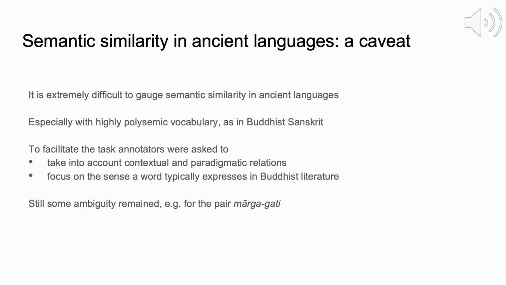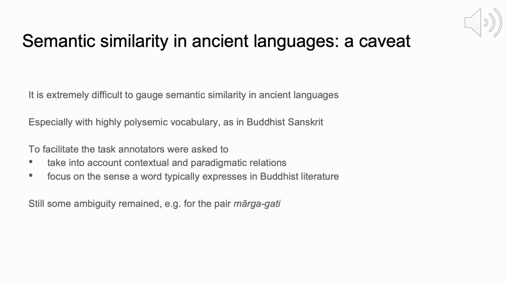This, however, does not resolve all discrepancies in annotation. For example, both words in the pair gati-marga are used to lexicalize the concept of road, and both may occur in similar contexts. Still, marga often refers to the path to liberation from the cycle of rebirths, while gati often means the type of existence into which one is reborn, thus being almost antithetical to marga. Two annotators emphasized the similarity between these two words, and two highlighted the difference.